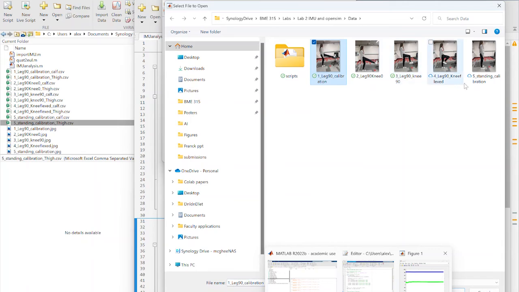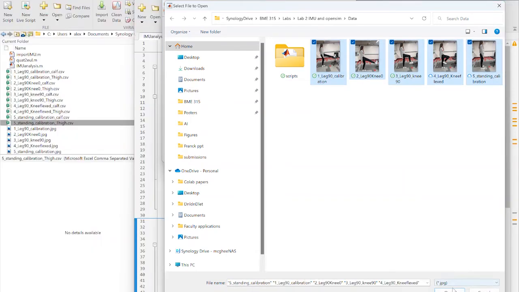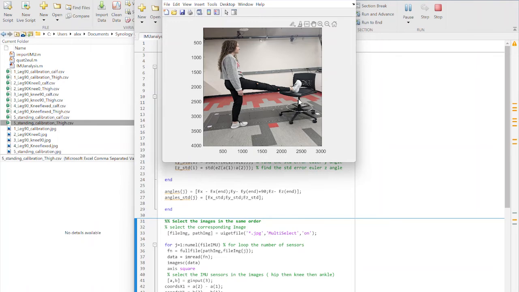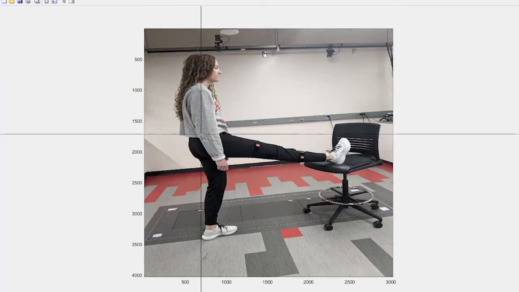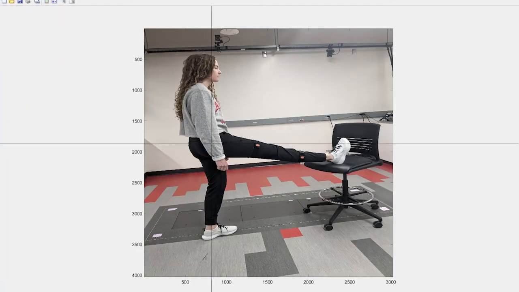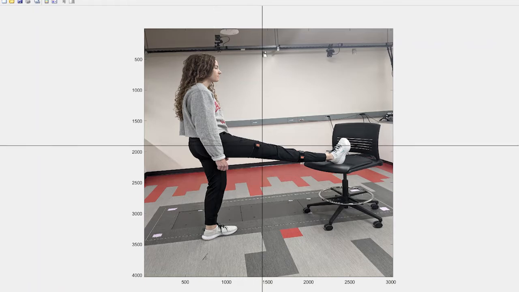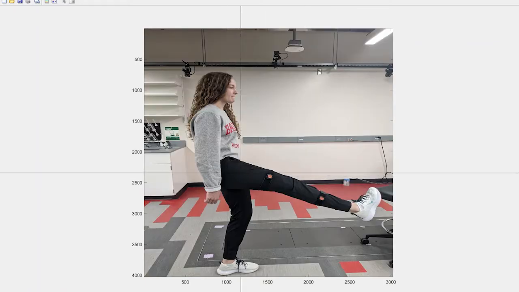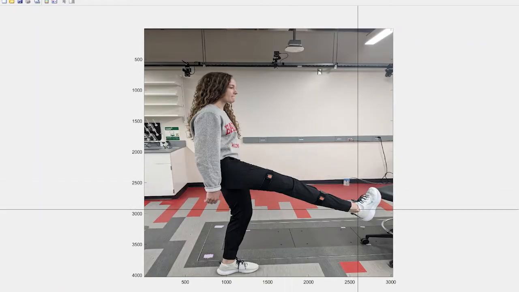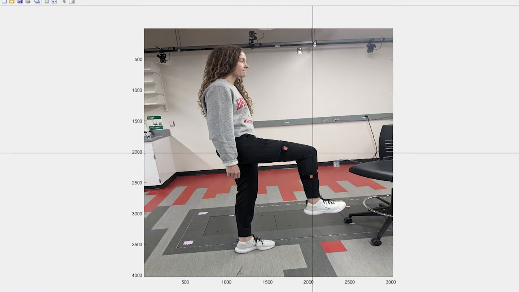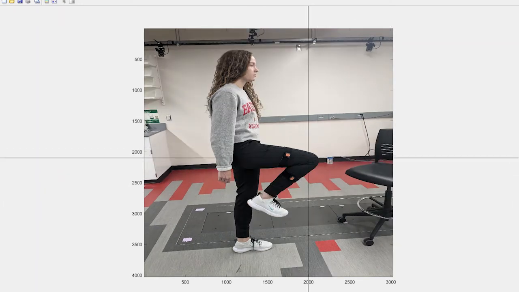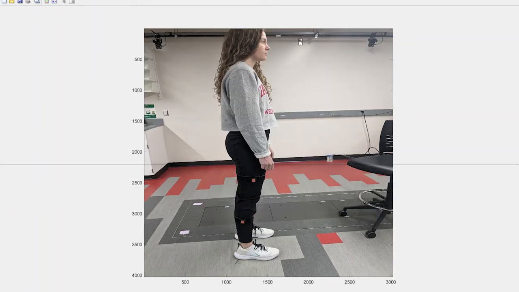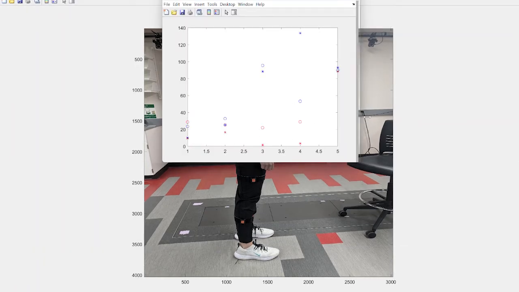Okay, now we select our images. And say open full. Now I'm going to select a location for where I think the hip is. So just center mass there, center mass of knee, center mass of ankle. All right, something like this. Hip, knee, ankle. Okay, so now the code's going to run through, and we're going to get these nice plots of the